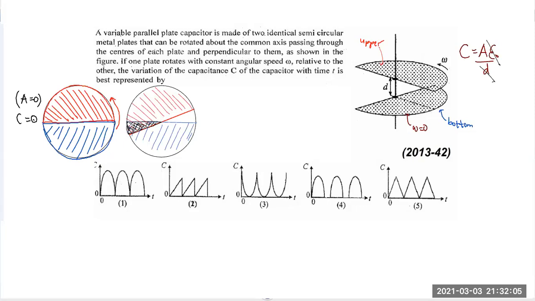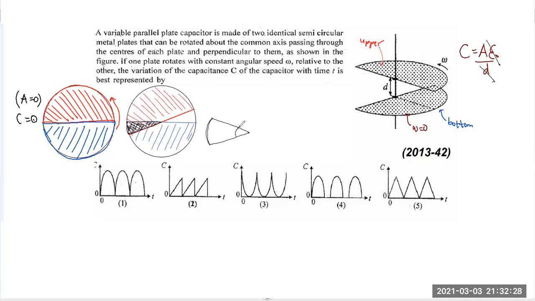So now there is a common area between the plates. You slightly rotate it in, and there's a common area between the plates now. Because of that area, there is going to be a capacitance created. Now let's focus on that area. What do you call that? It is a sector, isn't it? It's a sector. So let's focus on that.